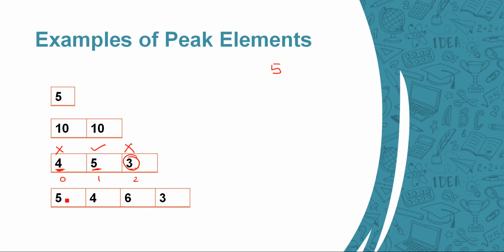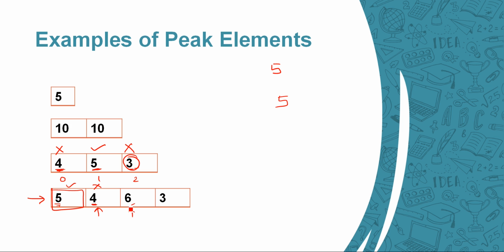Now let's take one more example, this one with 4 elements, and let's consider the first element, which is 5, and it has a neighbor of 4 and it is not smaller than its neighbor, right? So this 5 is also our peak element. Move on to our next element, which is 4. So 4 should not be smaller than its neighbor. 4 is smaller than 6 and also smaller than 5. So this is not our peak element.